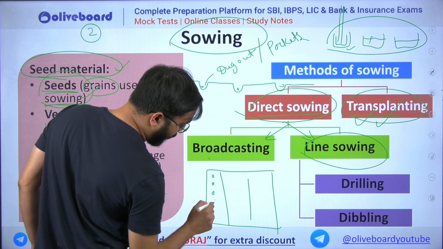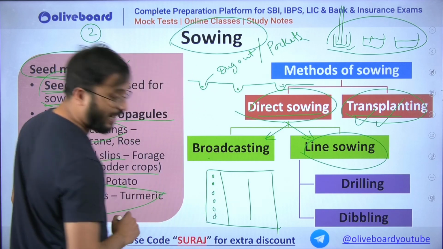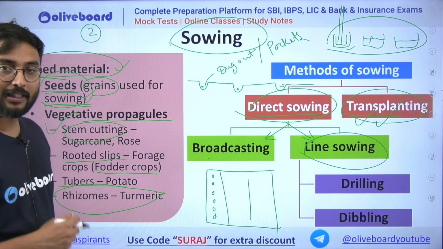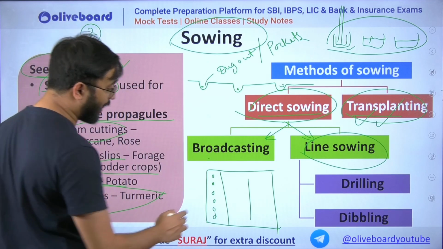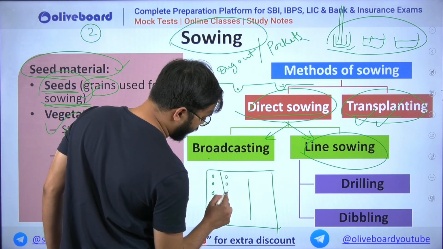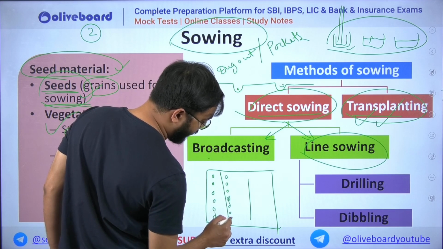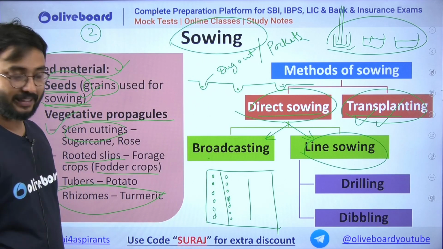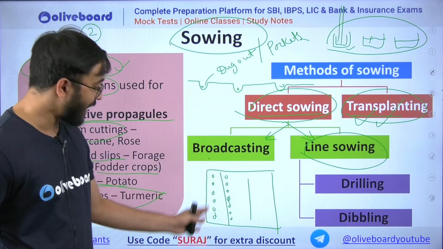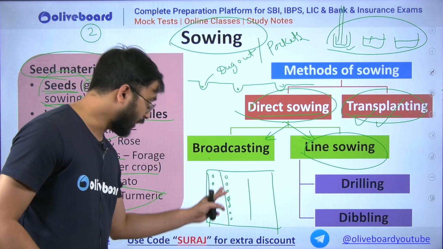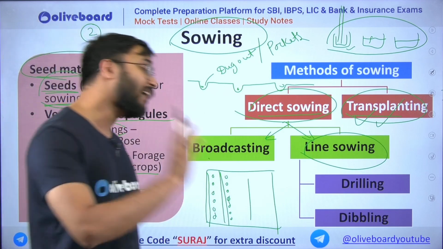a particular pattern, in a particular arrangement. It may be row, it may be column, it may be circle, it may be box. In a particular arrangement, you are creating the pockets or dugouts, and in this you are planting your seeds. Now this sowing or this line sowing in a particular line, in a row, in a column, that also could be done